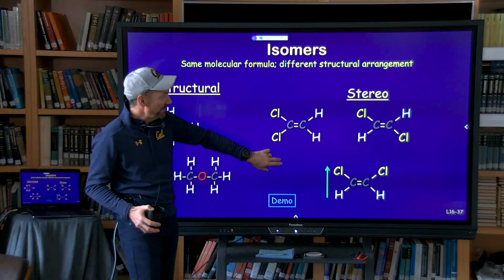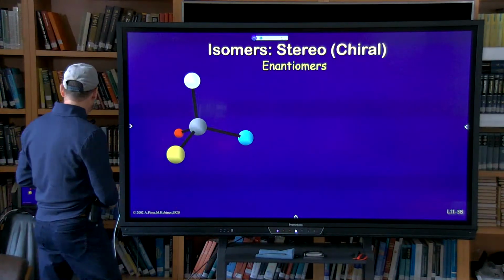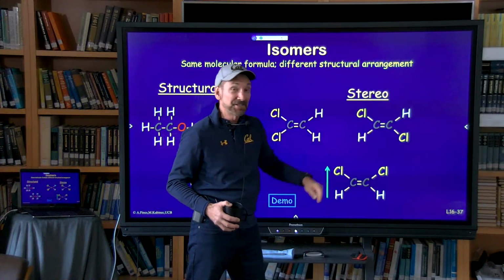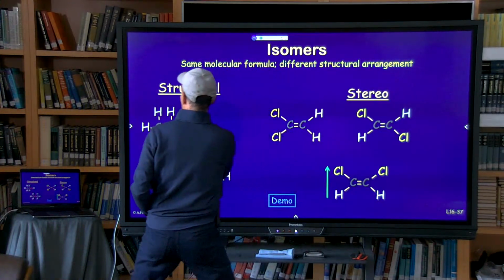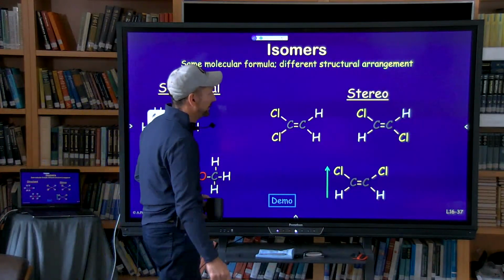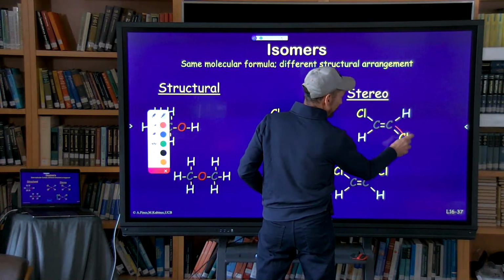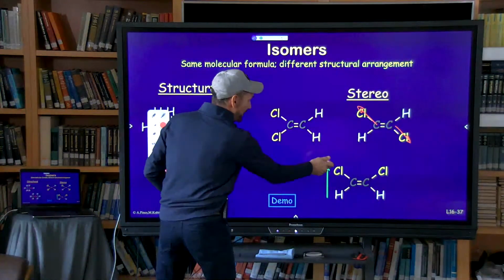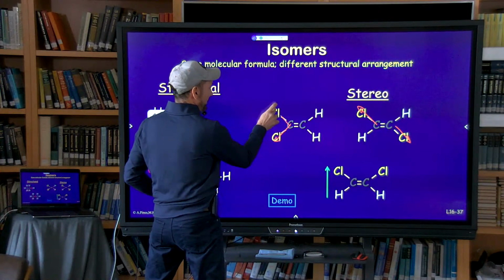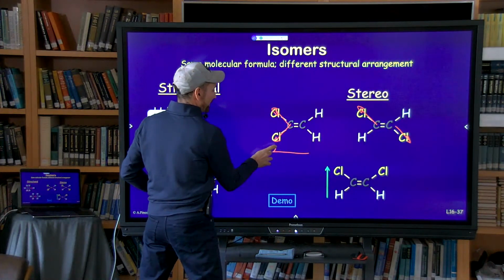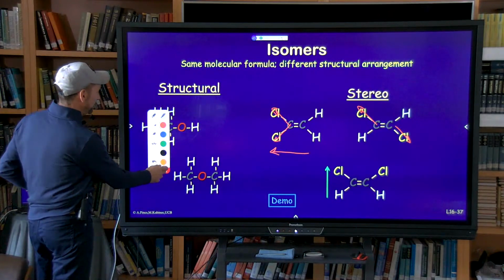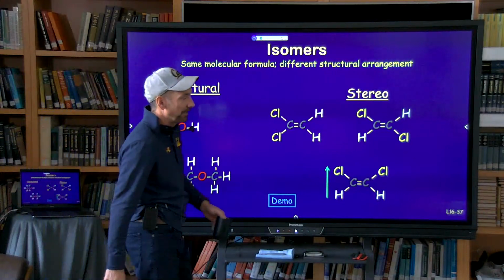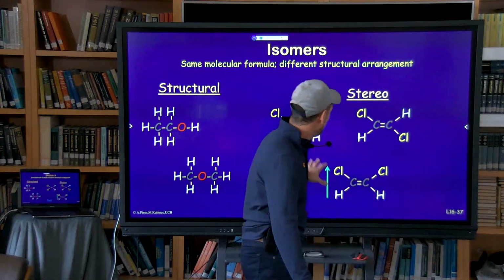That has a dipole moment. This one has a dipole moment. This one does not. So here, the dipole moments are equal and opposite and cancel each other out. Here they cannot. So that has a dipole moment. So we can see these dipole moments arising from our